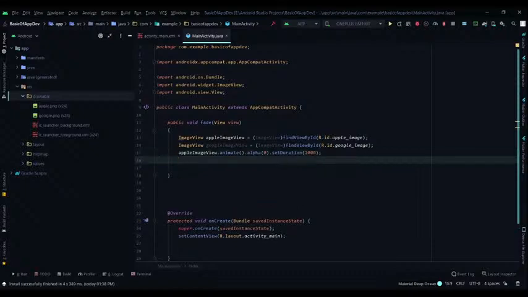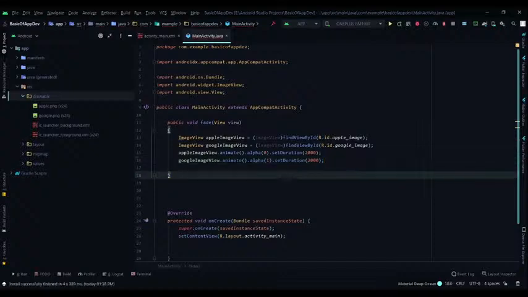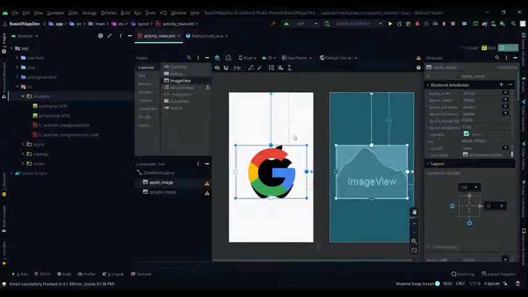And the Google image view that I had created, again, same thing, you just have to create an animate, but I said I want to make this fade in. So to fade in, you just put alpha and you just put 1, because that just indicates the maximum color, and you just set the duration as 2000, right? Okay, now let's see if this works or not. It might or might not work. There might be something that you need to do a little bit more, and that is to set the